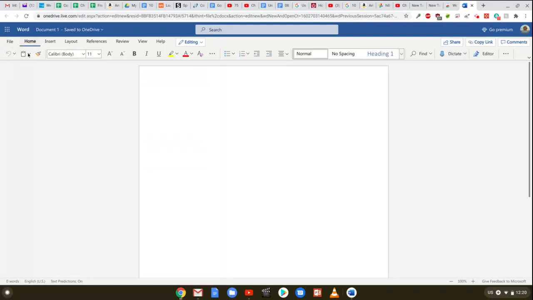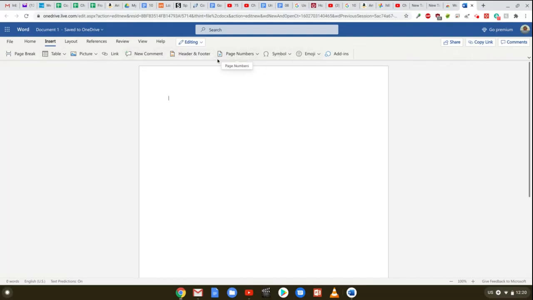This is the Home banner. We find the bold, italics, underline, and other font formats, and other tools for formatting my font. Down here is my insert, where I can insert picture, a table, comments, header, footers, page numbers, and other things. Layout, that's my page setup, where I can change my orientation, margins, paper size, and do other work with my indents. And there's my reference, review,